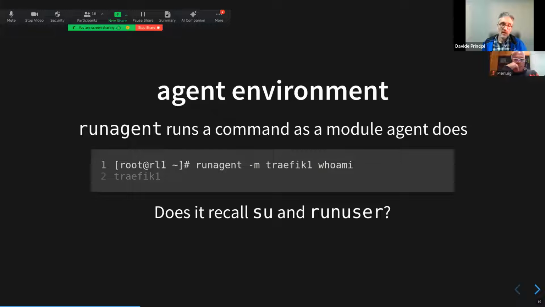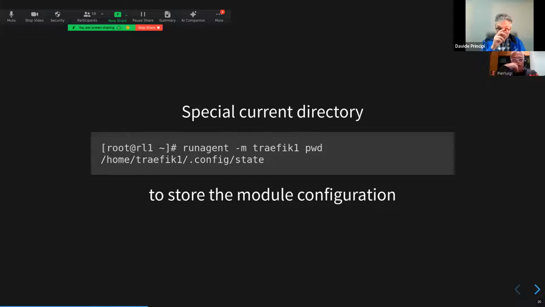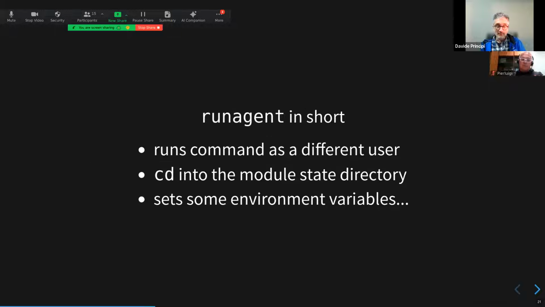In NethServer 8, we also have a run-agent command that actually also runs runuser, because what it does is, first of all, change the directory to a directory where the module can store its configuration, and then run the command we pass to it as a different user, and set up environment variables like the agent does. For instance,